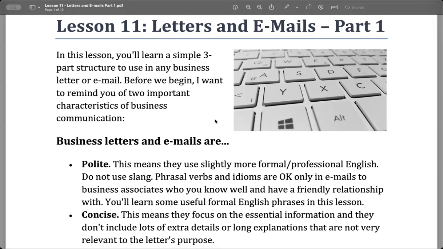Lesson 11, Letters and Email Part 1. In this lesson, you'll learn a simple three-part structure to use in any business letter or email. Before we begin, I want to remind you of two important characteristics of business communication. Business letters and emails are polite. This means they are slightly more formal professional English. Do not use slang. Phrasal verbs and idioms are okay in email to business